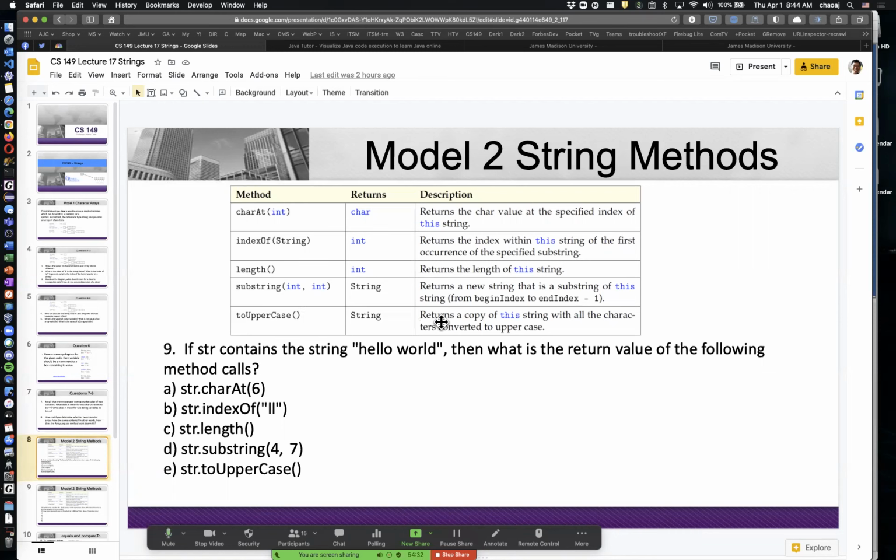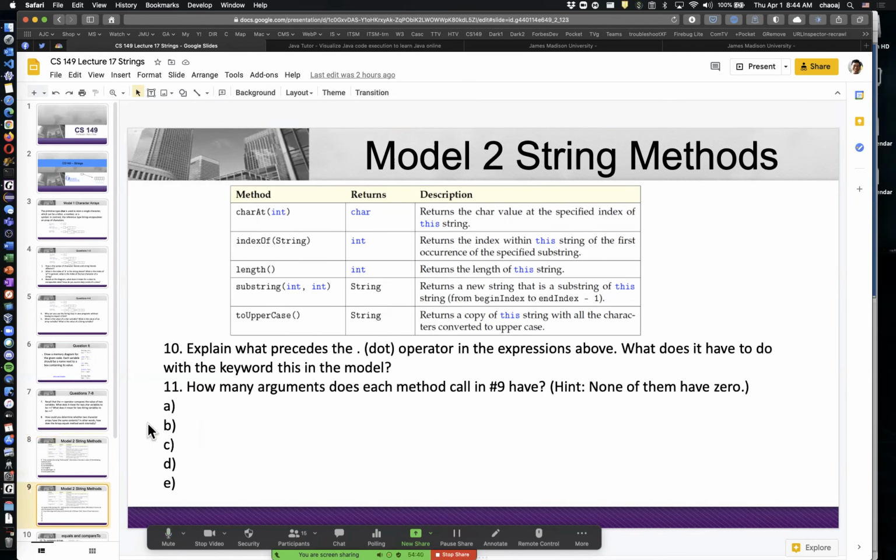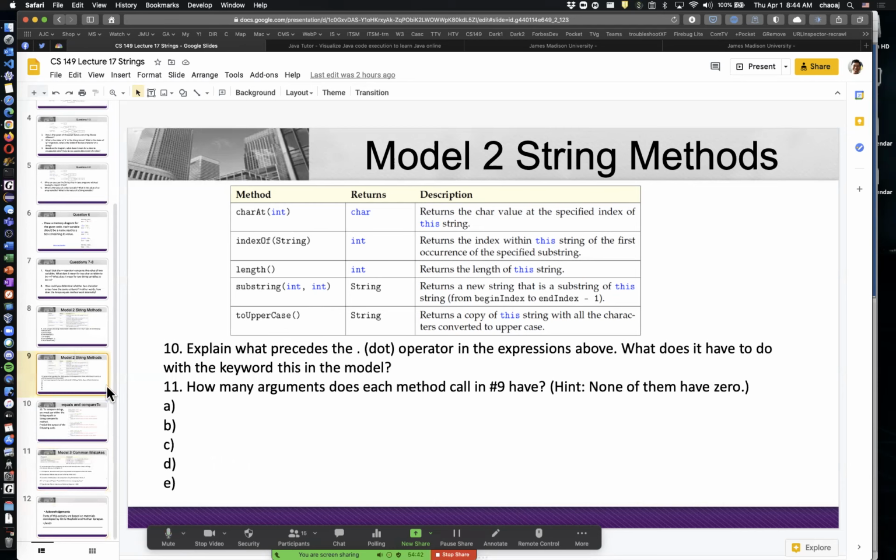And then we've got to uppercase, which is going to give you the all uppercase version of that string. You've got the same with to lowercase to get the lowercase version of that. Over here, we've got some more